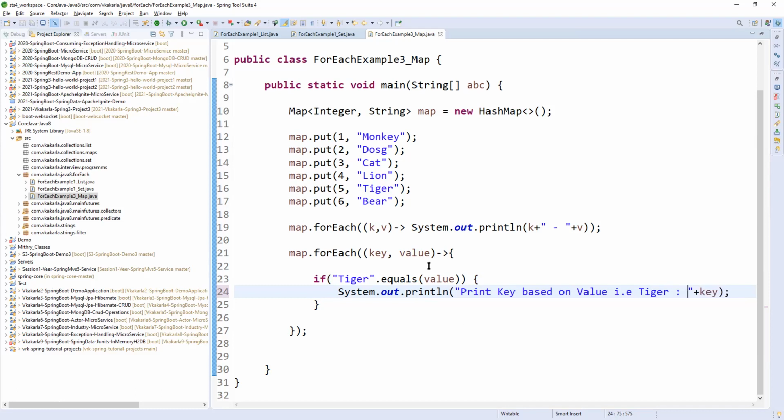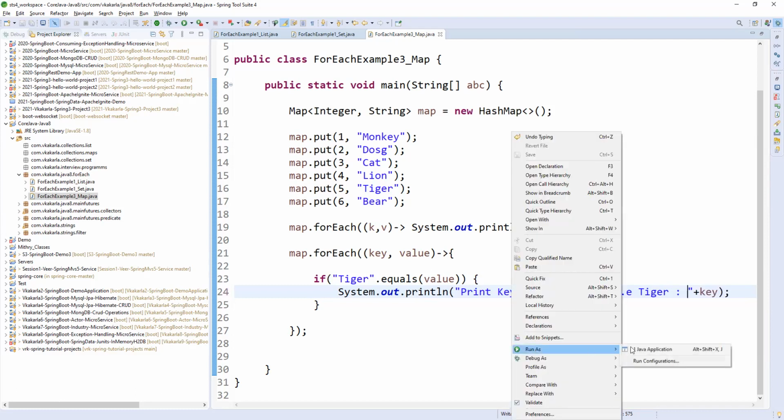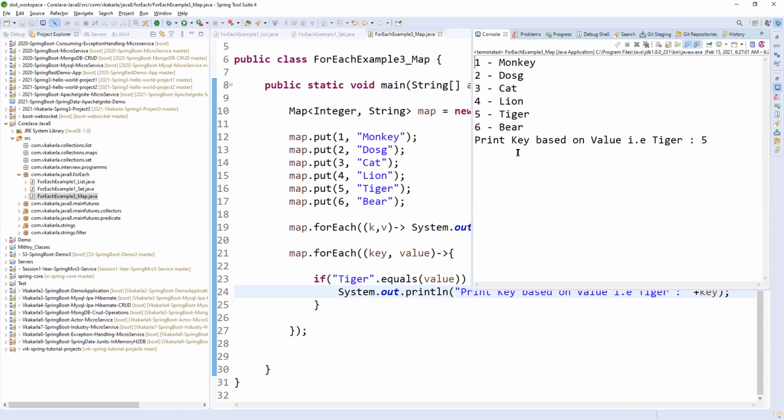So tiger key we are printing. So if you see here, this is the tiger key, right? Yeah, fine, we printed the tiger key. So here tiger key we printed.